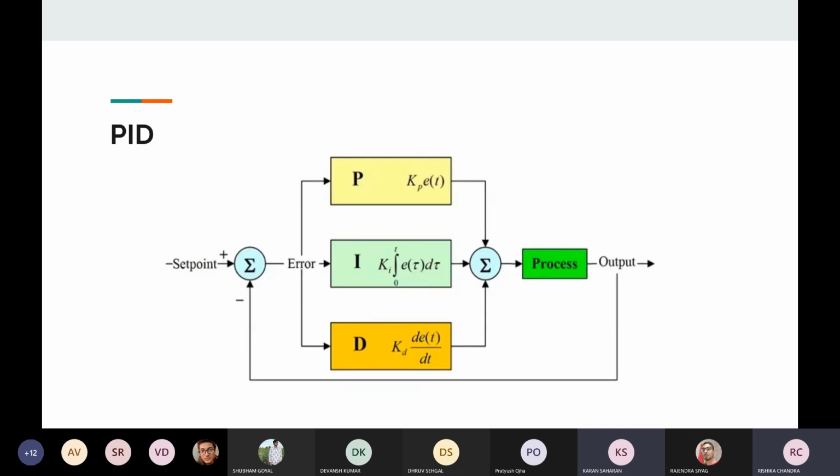Okay, so let's proceed further. This is in total the PID. Here, see, this is the summer. The set point, the desired output which we want, is fed to the summer, and the output is fed back to the summer too. The error is calculated from the set point and process variable, and this error is fed to P, I, and D. These PID give some signal that is fed to the summer, and the summer adds up all those things and feeds them to the plant, and then the plant processes it and gives the final output.